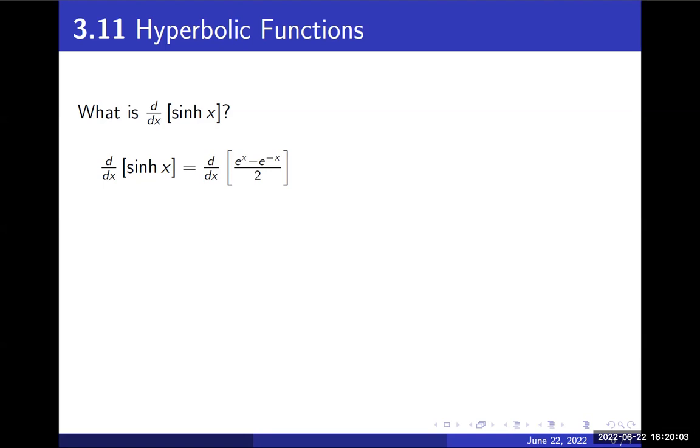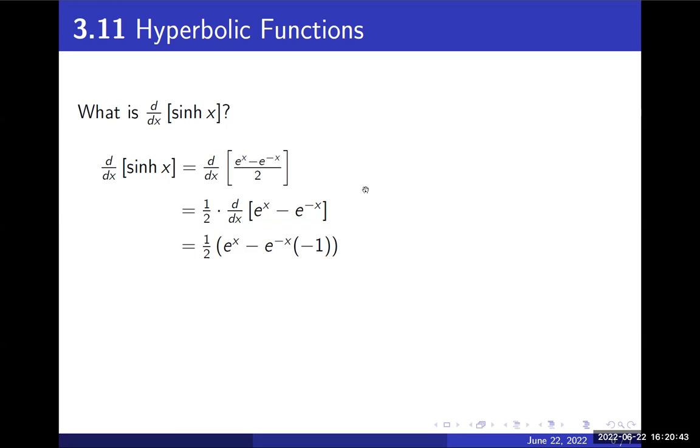So e to the x minus e to the negative x over 2. Since we're dividing by 2, let's factor that out as a 1/2. It's a constant, so we can take it right out of the derivative and just focus on the derivative of e to the x minus e to the negative x. No problem. The derivative of e to the x is, of course, just e to the x. The derivative of e to the negative x, be careful, you need a chain rule there. After copying, you need to multiply by the derivative of the negative x, which is